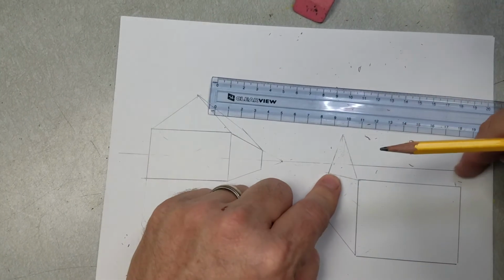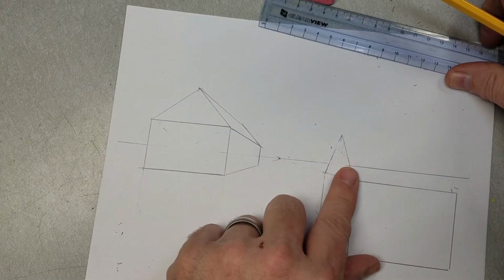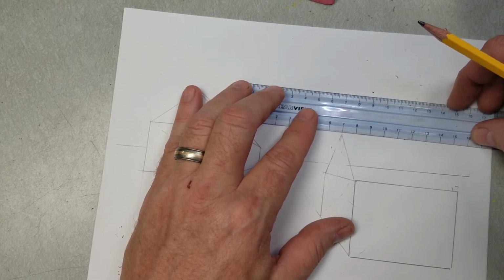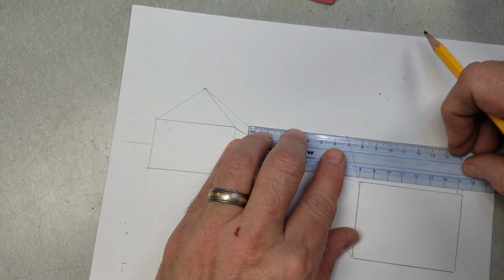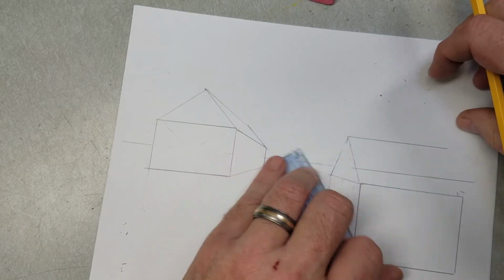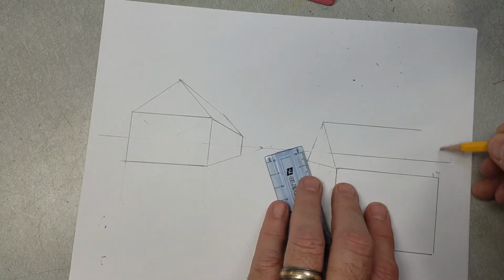So now let's fix this side. This side is not in perspective, but we do want the same angle on that roof. Let's go ahead and do us a horizontal line across there. May be able to cheat here. See what I'm doing? I'm using my ruler, just lining it up across there, and then I'm going to go whoop. Now, a lot of my students, maybe, I don't think high schoolers would do that, they'd come up here